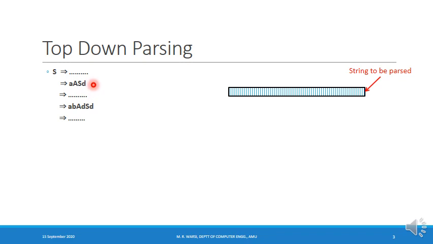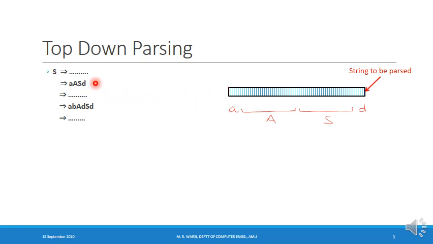What is the significance of the sentential form? The significance is that this string is supposed to be derivable from the sentential form. And what does it mean? It means that now this string can be broken like this. It should begin with small a, followed by the component which is derivable from capital A, followed by the component which is derivable from capital S, and at the end there has to be a small d. So when I look at this string with respect to this sentential form, I can say that this string can be broken in this manner.